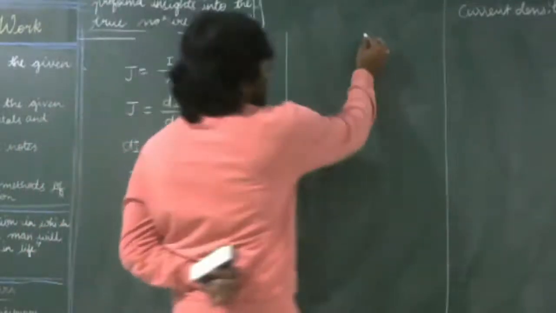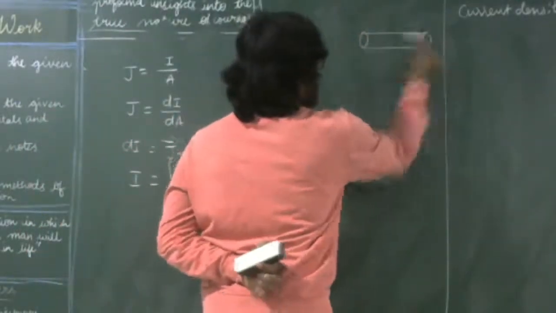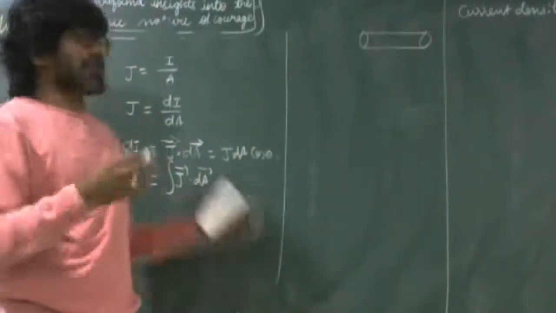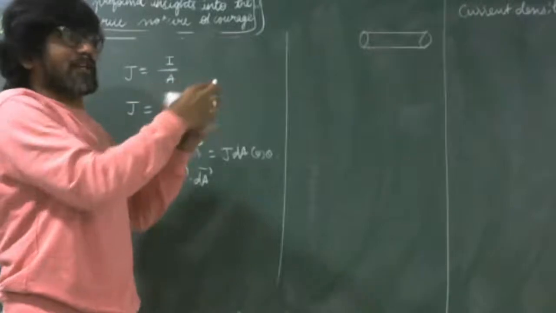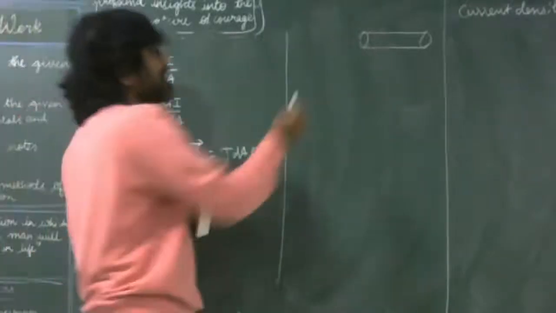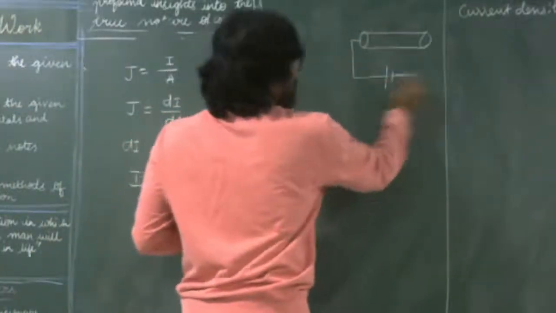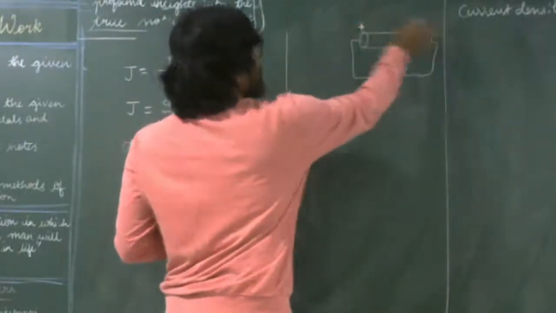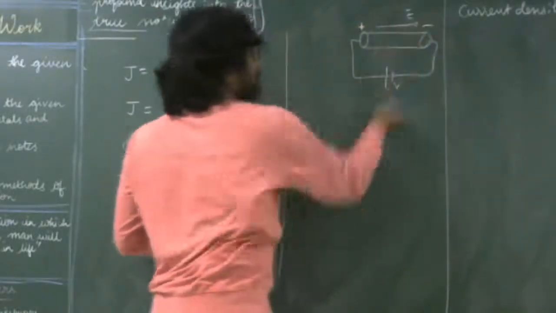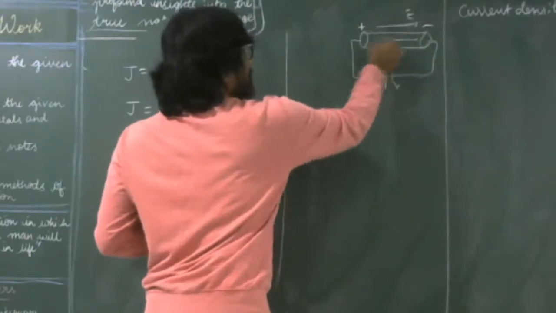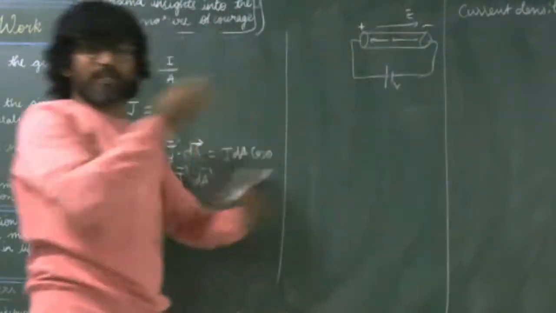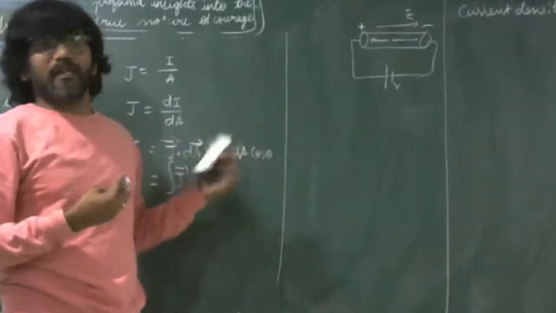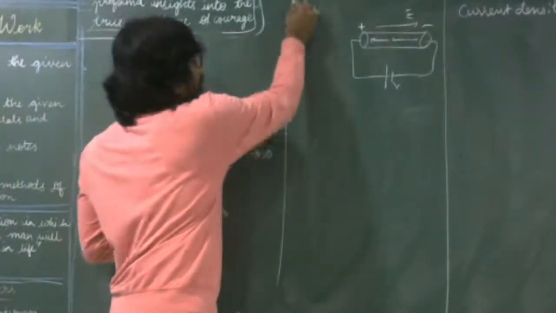Drift velocity. If you have a current carrying conductor, usually at room temperature, due to thermal energy, the electrons will be in random motion and hence current will be zero. If you connect this to an external source called a battery of potential difference V, it establishes some field E. Because of this field, electrons will be drifted from one end to another in the direction opposite to the field, and hence they acquire an average velocity. So you can say drift velocity